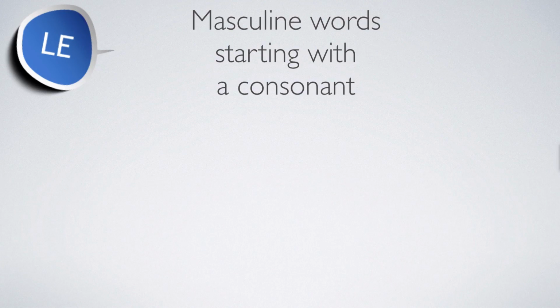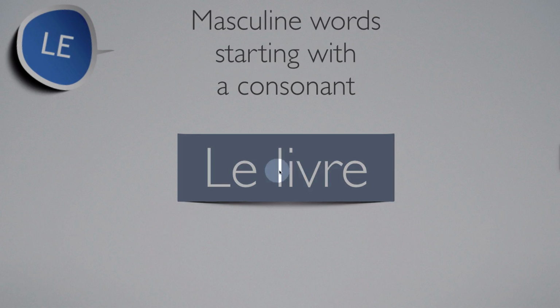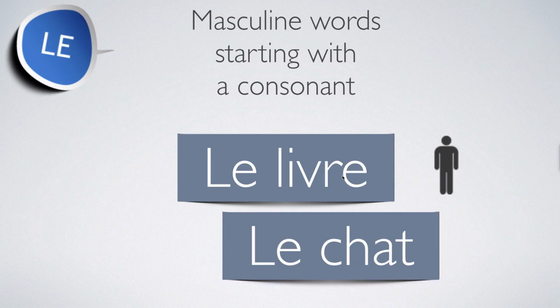Le works with masculine words starting with a consonant. For example, here we've got le livre. Le livre is the translation of "the book." So why do we use le here? Because first, livre is masculine and starts with a consonant, the letter L. So the perfect translation is le livre. Another example, le chat. Chat is the masculine form to say cat. So starting with a consonant, we use also the article le to translate here the cat, of course, when it's